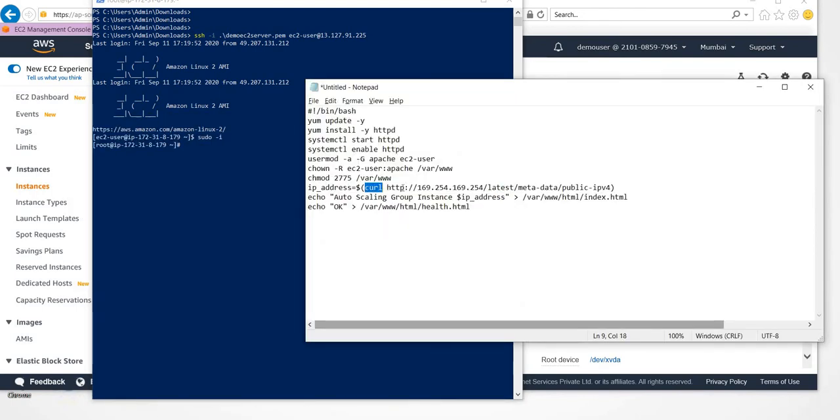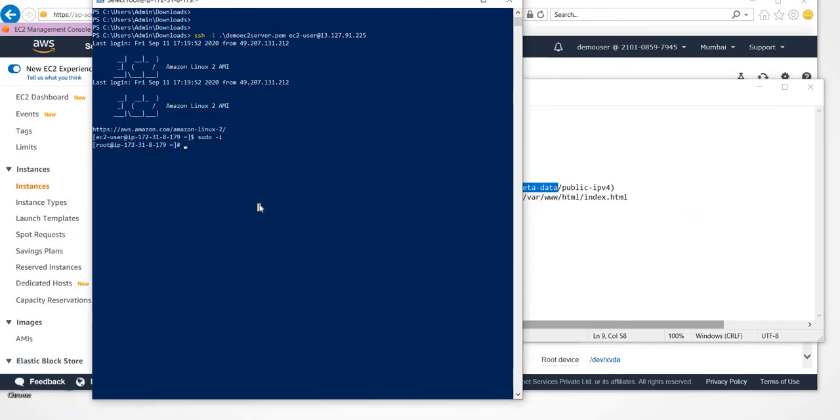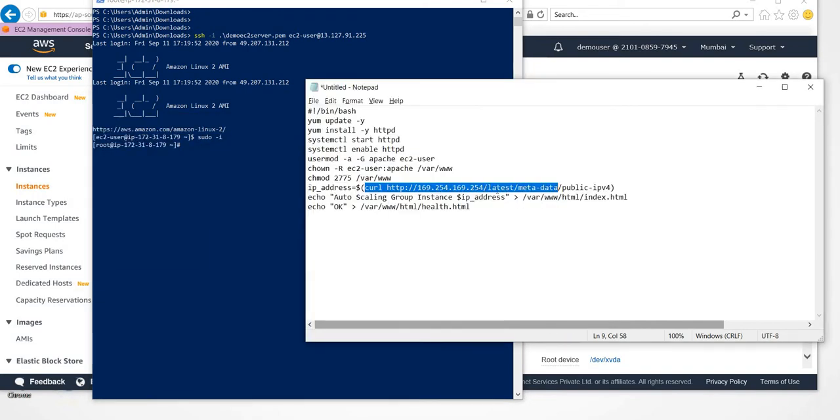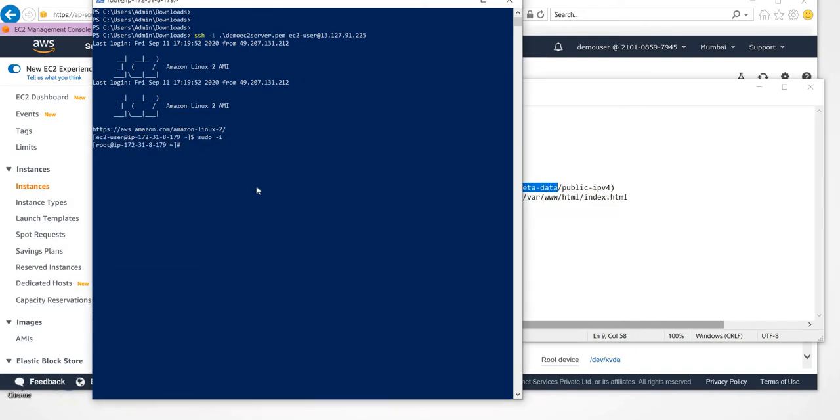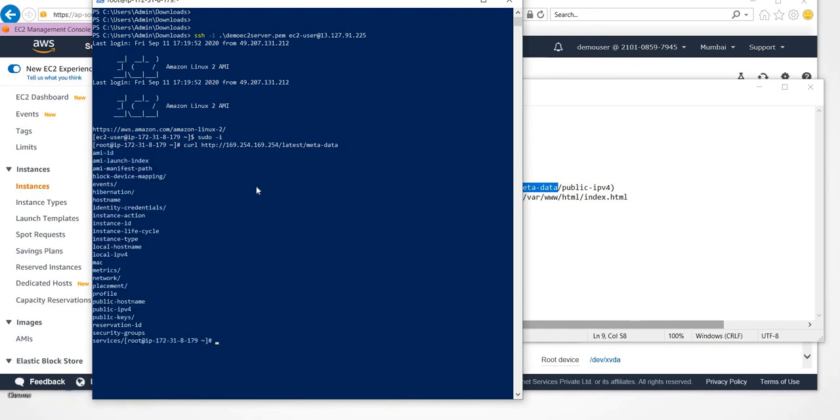So, for example, this is the curl command. I will expand it up to the metadata. If I execute this, sorry, I think it's not properly copied, so I will copy and then paste. Now you can see all this information: the AMI ID of the instance, the launch index, manifest path and events. Even if you say, for example, /hostname, it will list the host name of the instance. You can see here ip-172-31 is the host name.